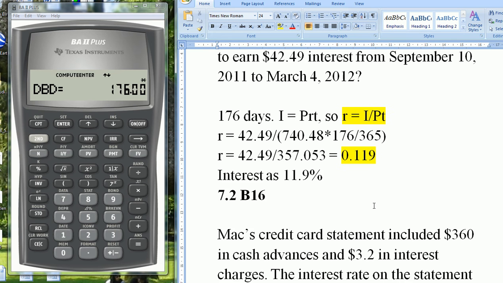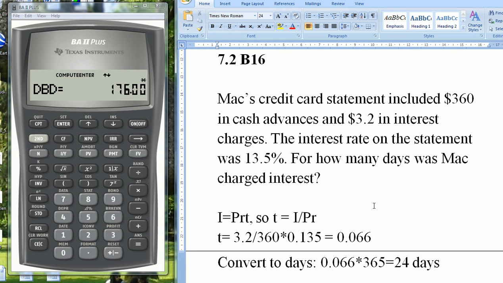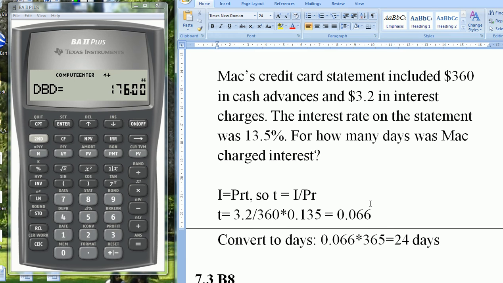The next question, Mac's credit card, he had $360 in cash advances and 3.2 in interest. Okay, so now this question is asking us time. So I equals PRT, so therefore T equals I divided by PR. So T is the amount of interest, which was 3.2, divided by 360, because it was the principal, he borrowed $360, and the interest rate is 13.5%, 0.0135, and that gives us